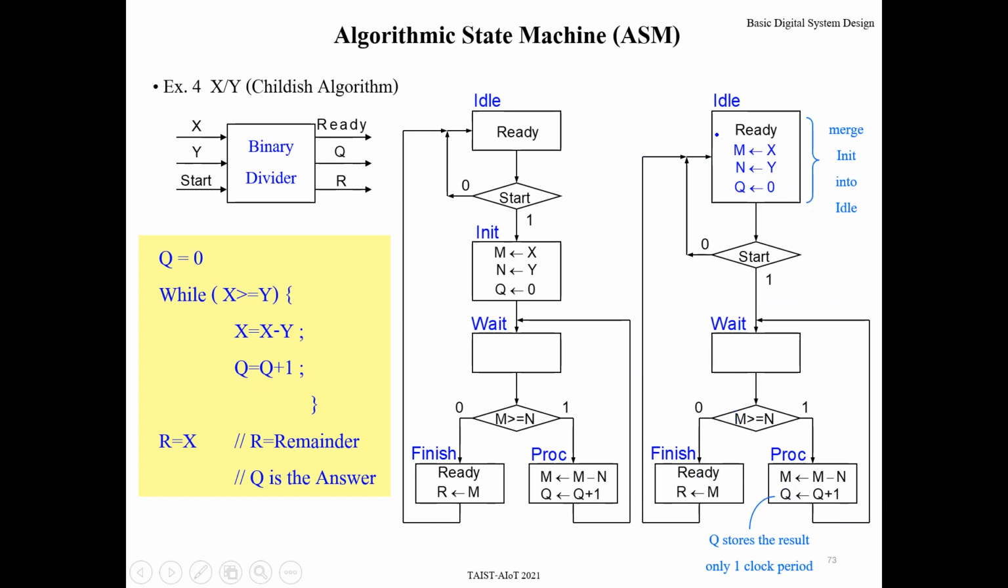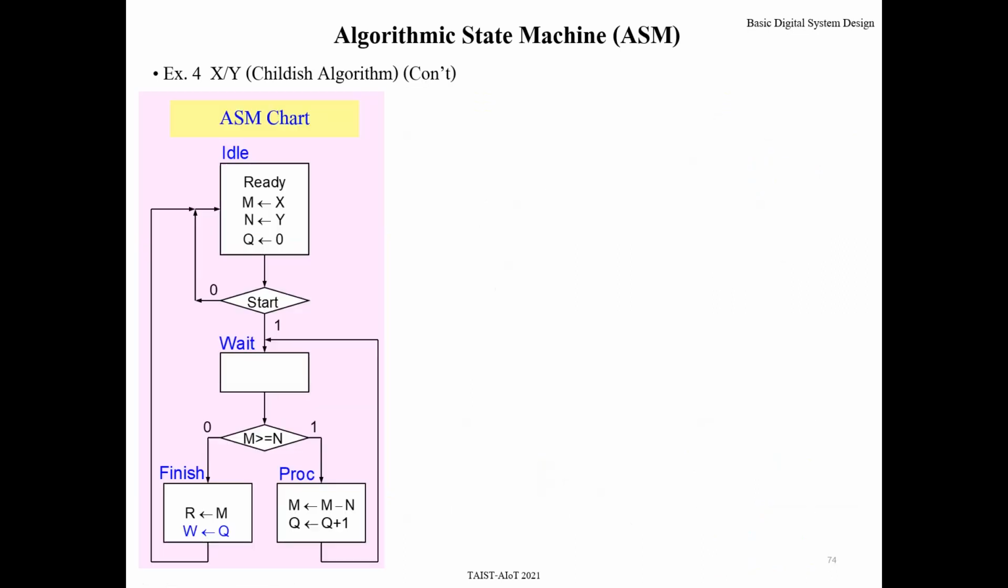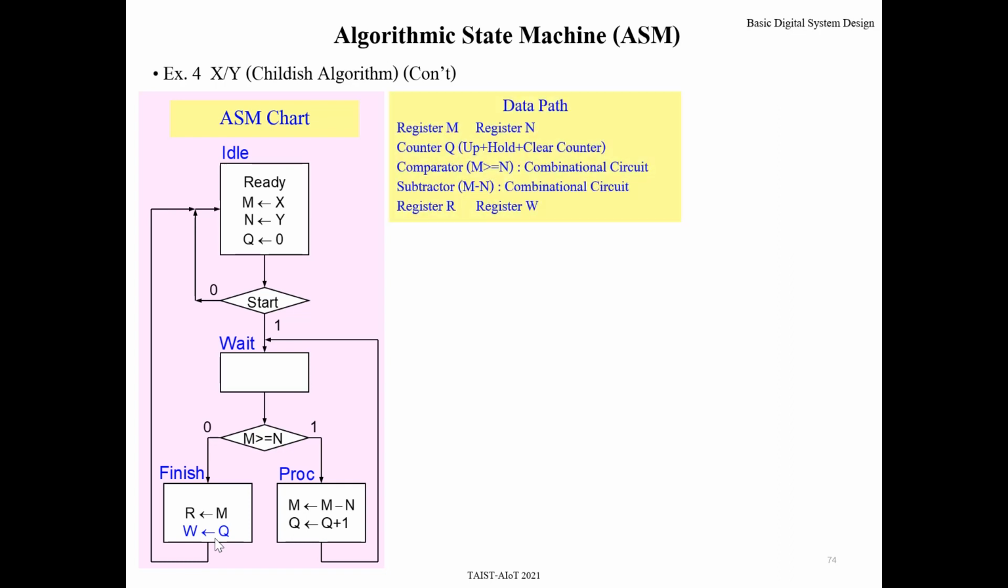So in order to keep the answer of the division, let me add one more register Q to keep the result of the division. Okay, now if I prefer this aim side, then I will analyze what kind of device is needed to implement this